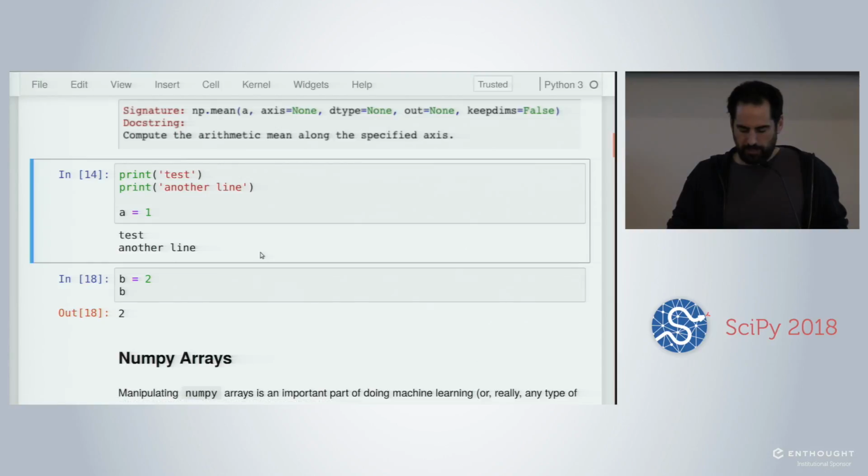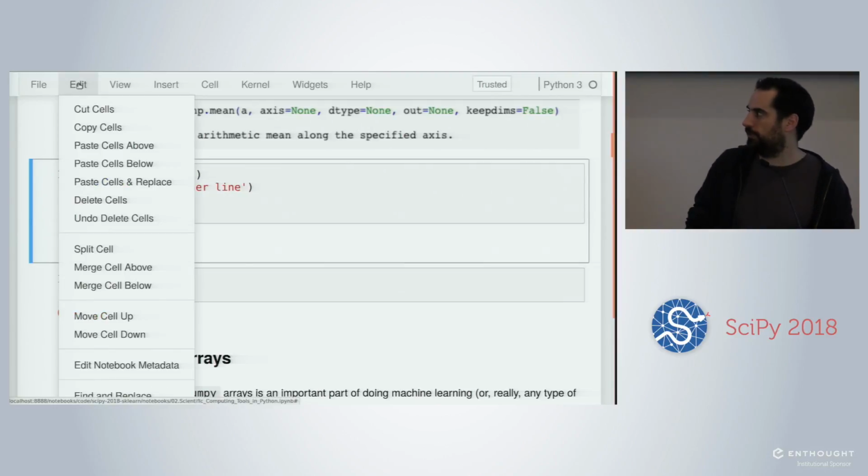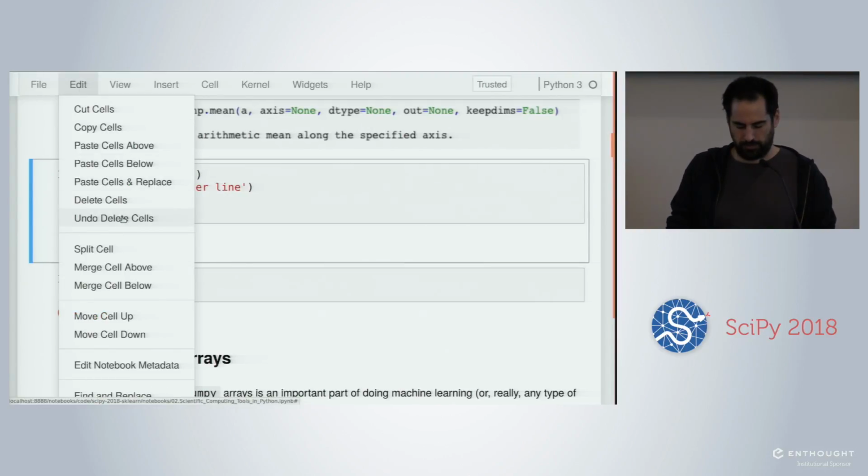So if you select the cell where we have executed the print statement, you see that there is a counter here that is incremented and that says that this is the third instruction that we have executed. If you press Control Enter instead of Shift Enter, it's going to execute this cell in place and not move the cursor around. So if I do that several times, you can see that this counter is incremented.